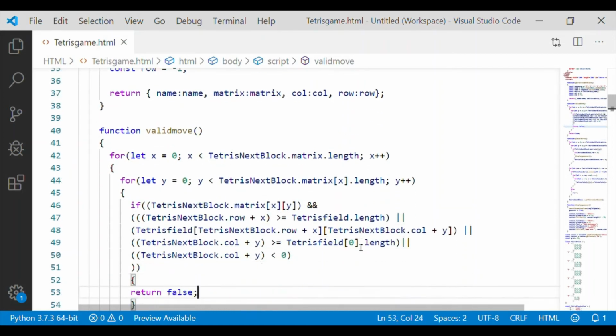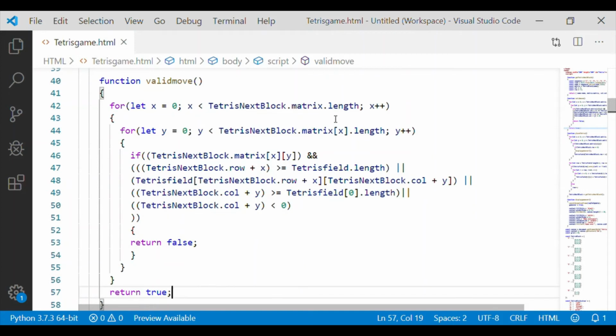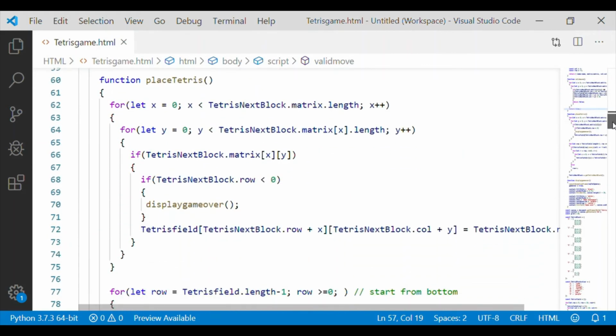The next function is valid move, which as the name indicates is used to check whether every movement is valid, whether it is outside the last row or the column on the left or right, or if any block is placed.